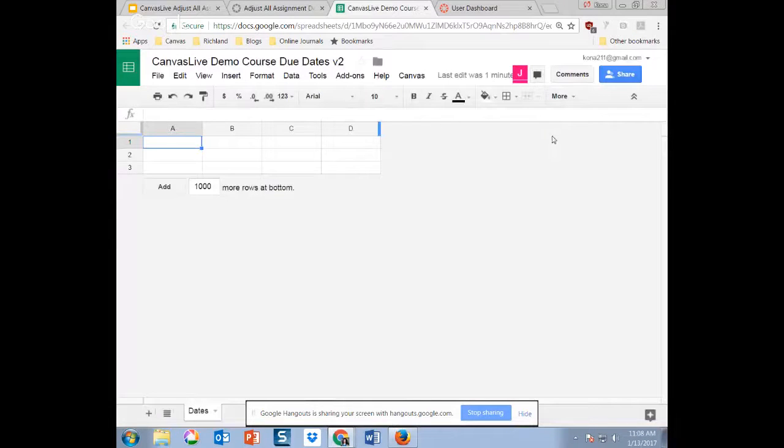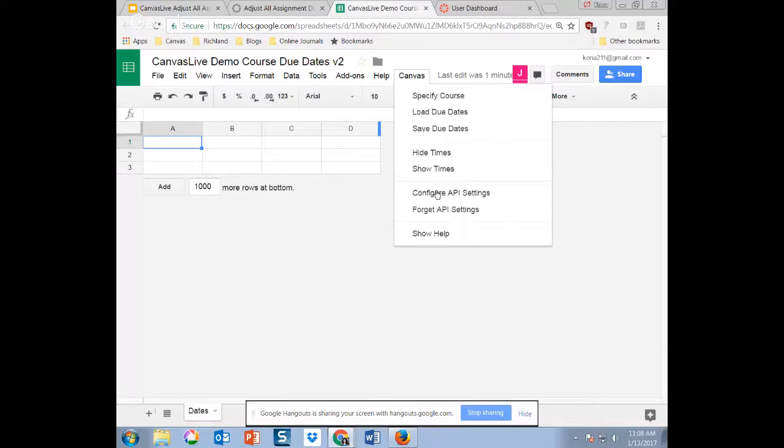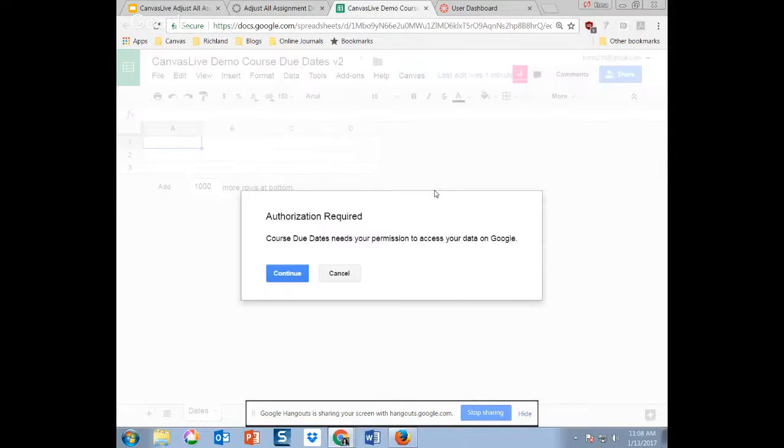Once you're done with that, what we're going to do is come up to this Canvas menu, and we're going to configure our API settings. And what this does is basically get all of the good stuff loaded in here so that we can get your due dates set. So if you click Configure API Settings, it's going to ask you this: authorization required,